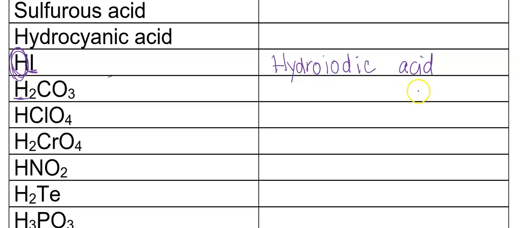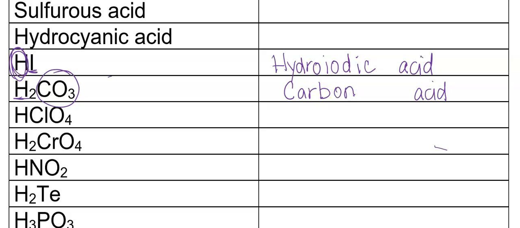Let's look at the next one. Starts with an H. I'm going to end the word with acid. Then I need to see that there's an oxygen present in CO3. CO3 is a polyatomic. Those are the ones you had to memorize. So I'll give you a chance to look it up if you haven't seen CO3. You'll notice it says carbonate. So if it's carbonate, you're going to use the root name of carbon,